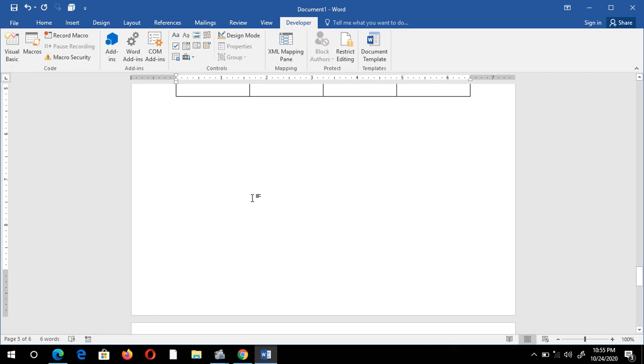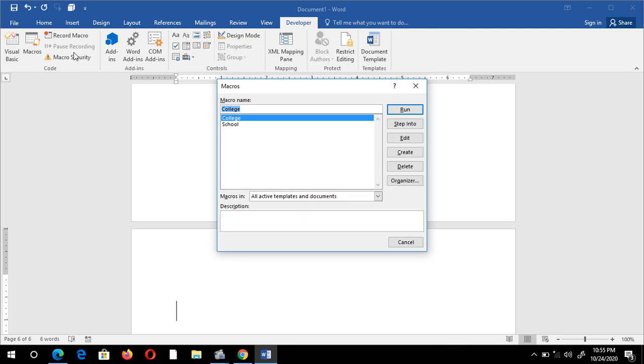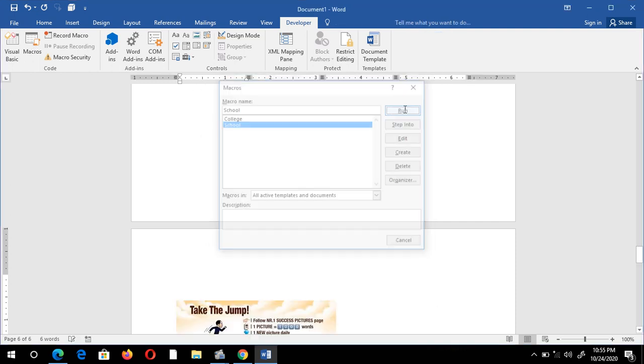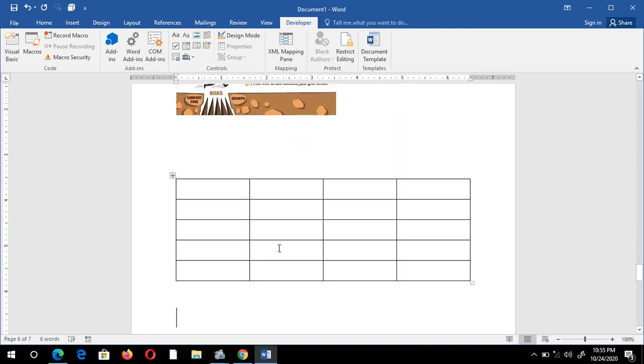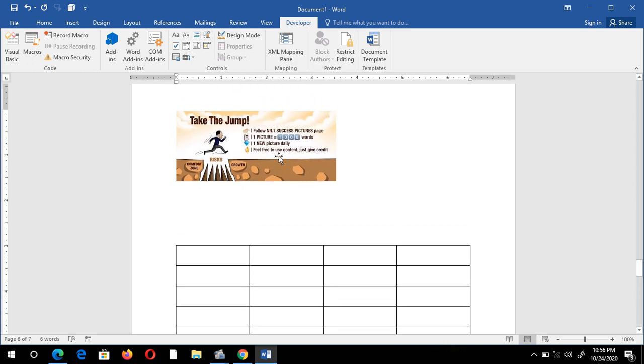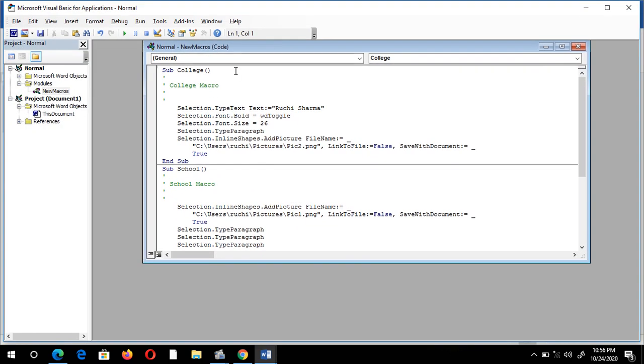If you forget the shortcut key, how can you run it? You have to click on this macro option, and this time select school macro and run it. Now you can see the macro is playing now. So in this way I can create a macro and run it. Suppose I want to see the VBA coding. So I have to select it here. Now it is showing that in my document I have two macros,